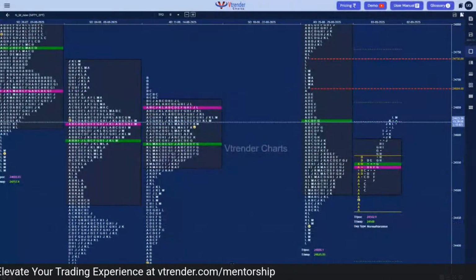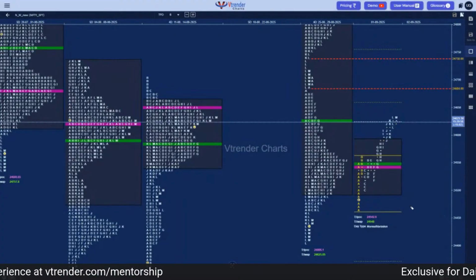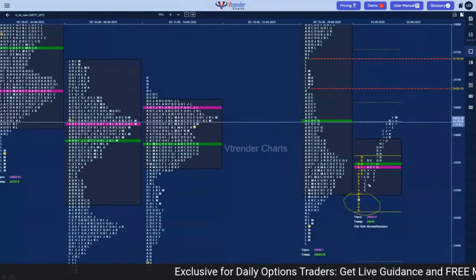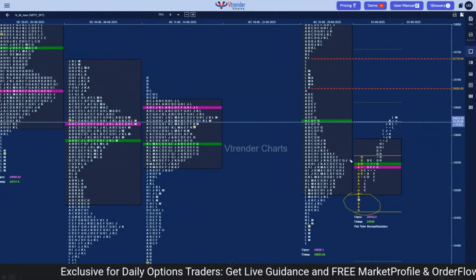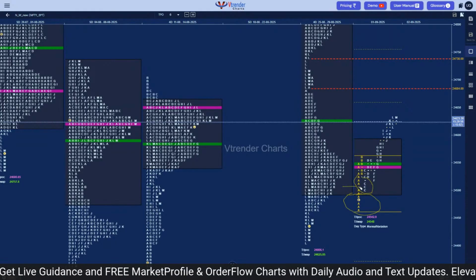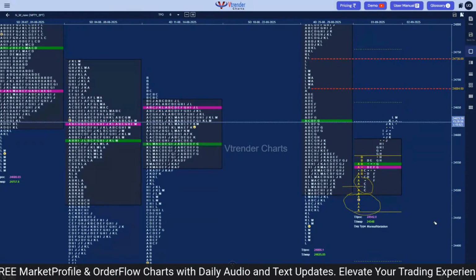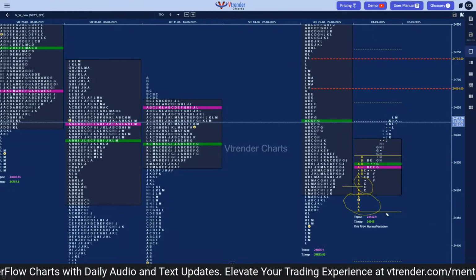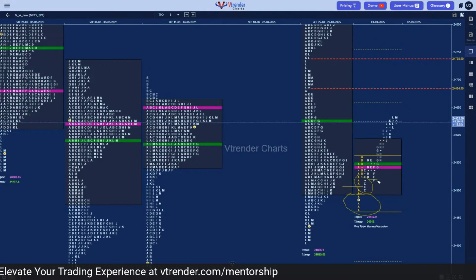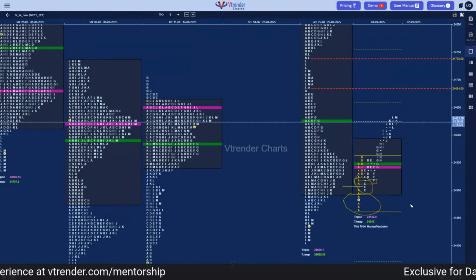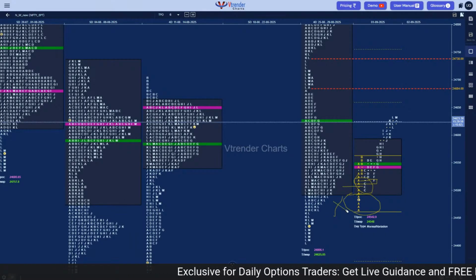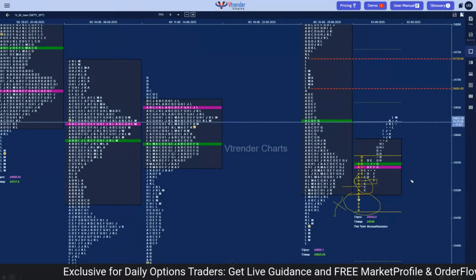So this is today's Nifty spot chart, and you can see how we opened below previous week's value. We left an initiative buying tail and we got back in this value. We did make a C-side dip. You can see how the C-side held this halfback of A. We have discussed this many times in spot, how we give importance to the a.m. singles and halfback of TPOs which have not been tagged. And then you can see how this F stalled right at this halfback of C. So this was telling us that the auction is not wanting to go below previous week's value. And then that told us that the PLR is to the upside.